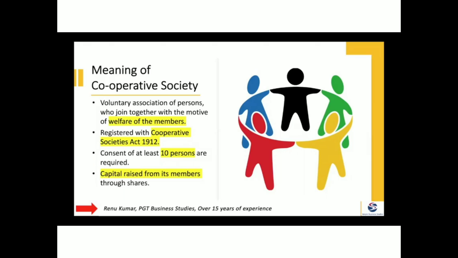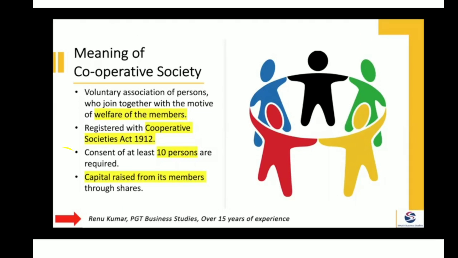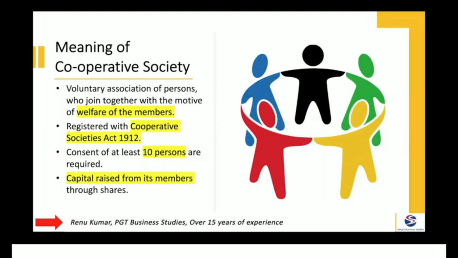interests against such exploitation. Each for all and all for each, and self-help through mutual aid. These were the guiding principles of cooperative movement. So it is a voluntary association of persons who join together with the motive of welfare of the members. The motive of this society is not profit making, but welfare of each other, welfare of the members. As I told you, the guiding principle behind this cooperative society is each for all and all for each,